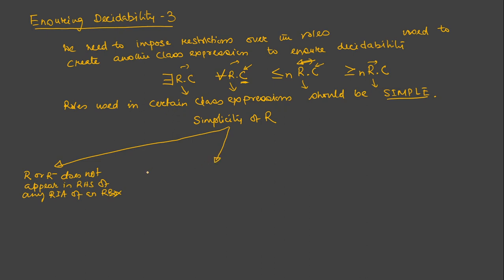Now the second case of simplicity, so if we call a kind of role R to be simple, if R is simple, then the inverse of R is also simple,